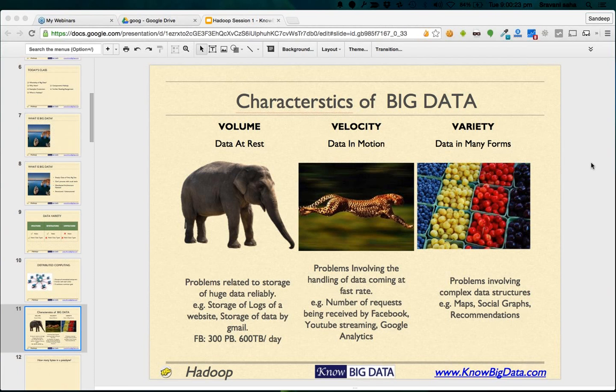So sometimes, even though your data volume is low and the velocity is also low, the kind of problem you are trying to solve, the kind of data you are trying to churn, might be very complex. And that could lead to a big data problem, meaning you would require distributed architecture or multiple computers to solve your problem.